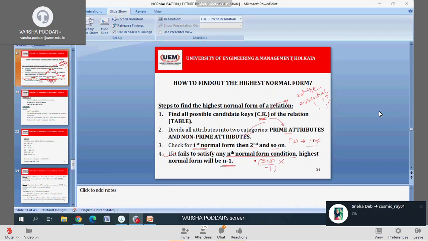If you do not have a query, why are you unmuting yourself and wasting all of our time? If you do not want to attend, you just leave. I'll get the report of how long each person has attended, or how many persons have joined. Next time if I find this, I will put it into lecture mode. I do not want any unnecessary problems in the class. I hope you get my point.